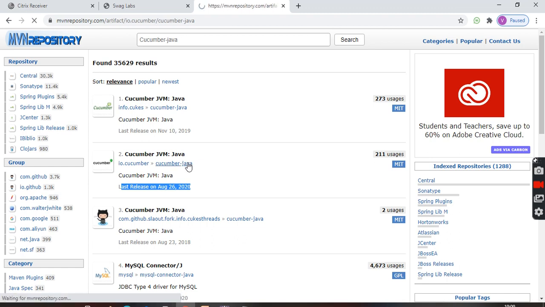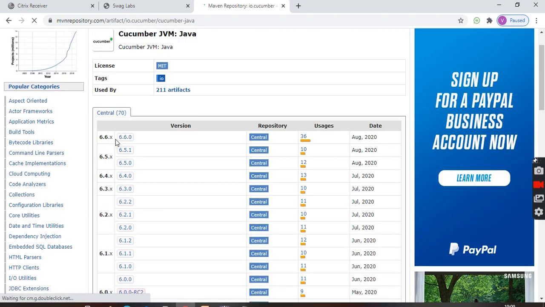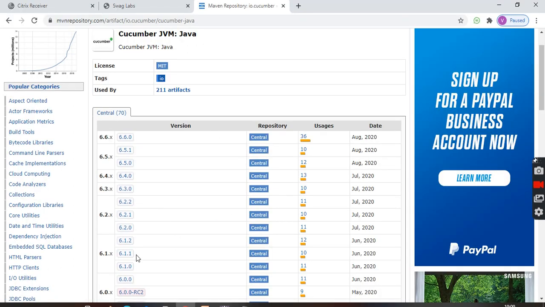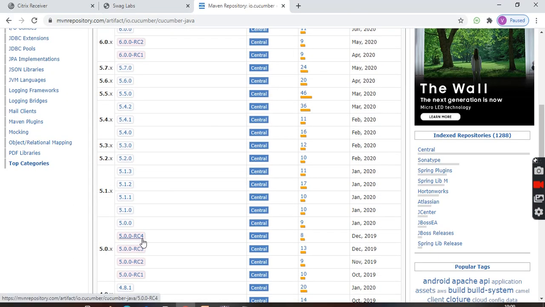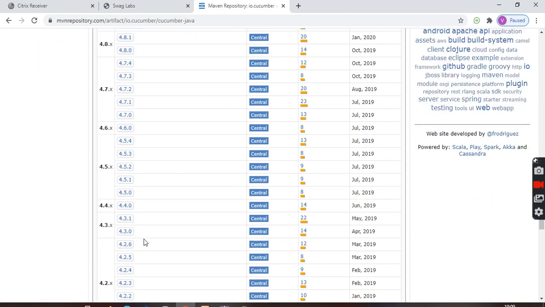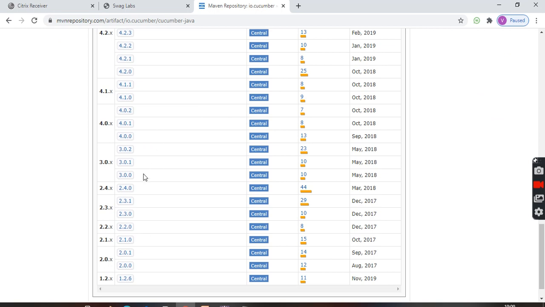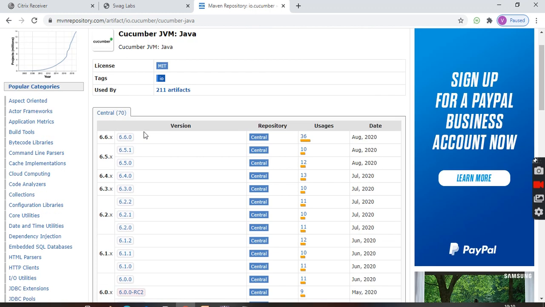Go to here. And here is which version you want. Here I was using 3.0.2. It's an old version, not that much old, but it's two years before. If you want, you can use the latest one also.